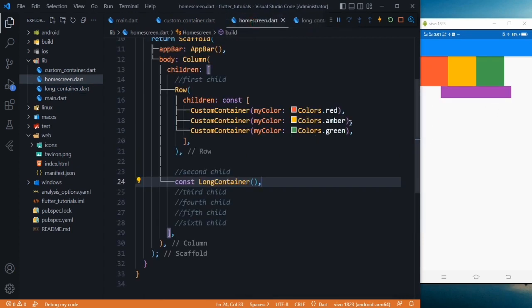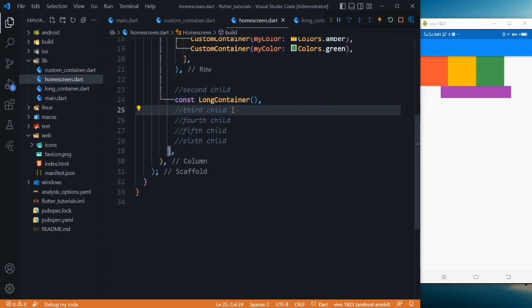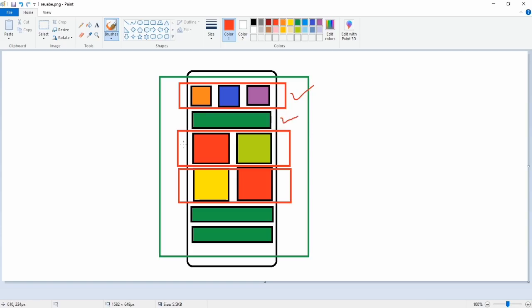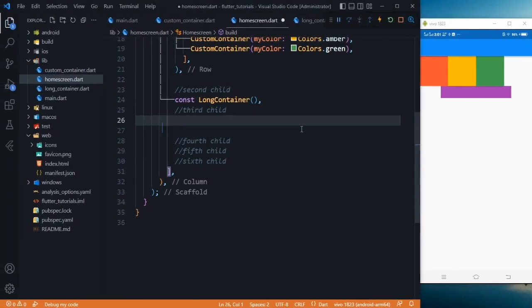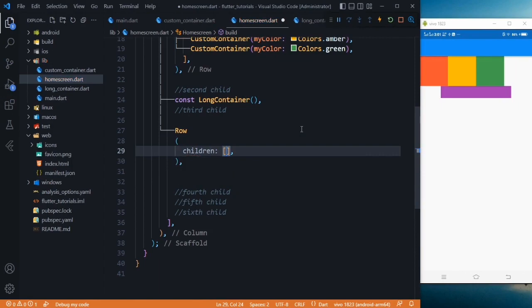Okay, so two of our children are done. Let's go to the third one. Let's mark it also. Okay, so the third child of our column is a row, and in this row we are using two big boxes. So let's create it. First we need to wrap them in a row, and after that let's use children, and